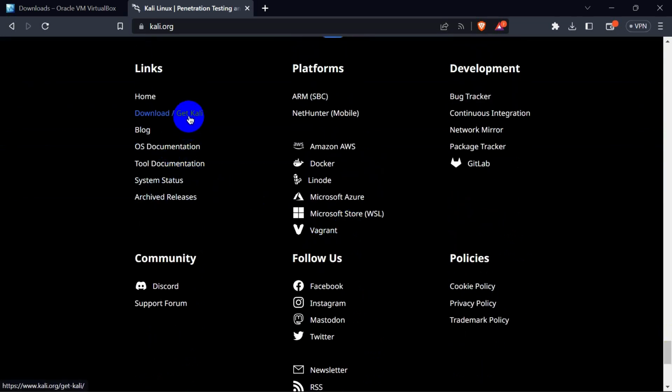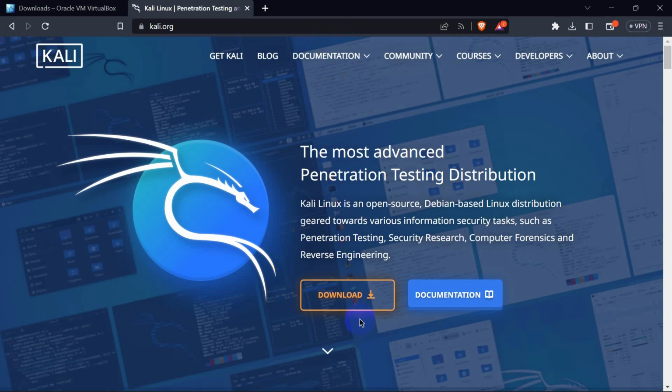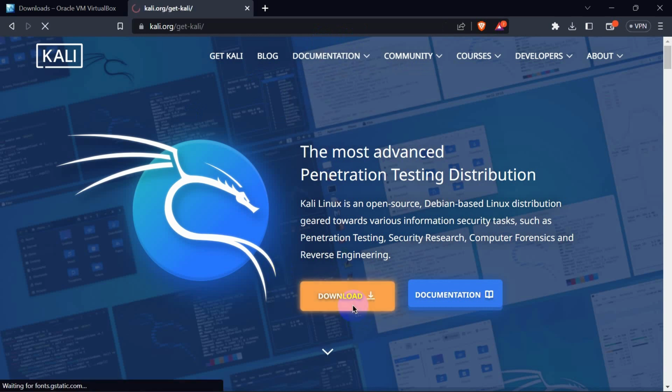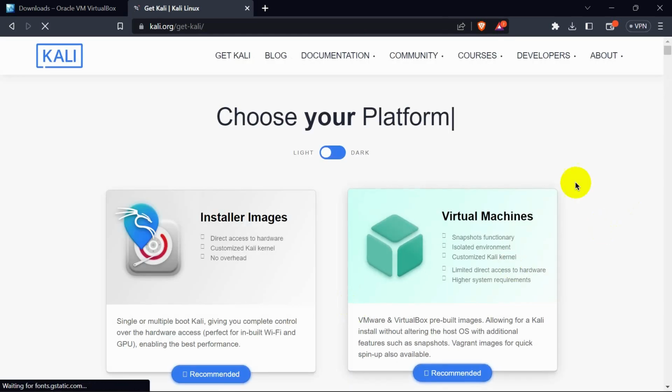You are not. You're just thinking of what to do. Well, I wouldn't recommend you just go down. Just click on download straight. So it just takes you where you are going. That's all. No need for anything.